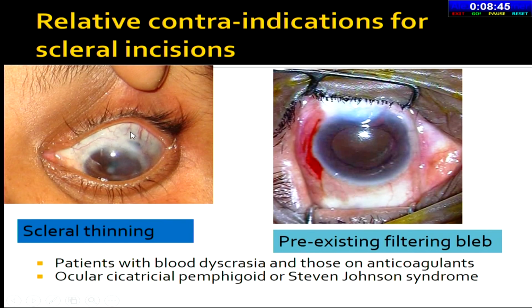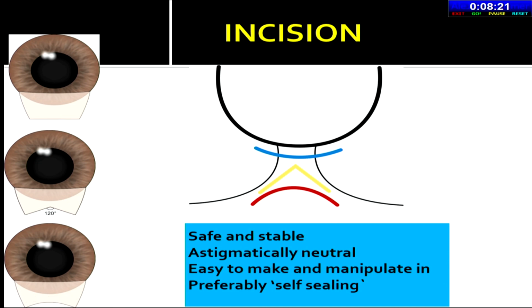Now, there would be cases where there would be a contraindication for making a scleral tunnel. So look at this case. This is scleral thinning, caused by a recurrent sclerouveitis. This is a pre-existing bleb where you have to alter your site of incision. You can still go ahead and do a scleral incision, but not here. Now, the types of incision, whatever incision you are going to make, whether it is straight or frown or whatever,